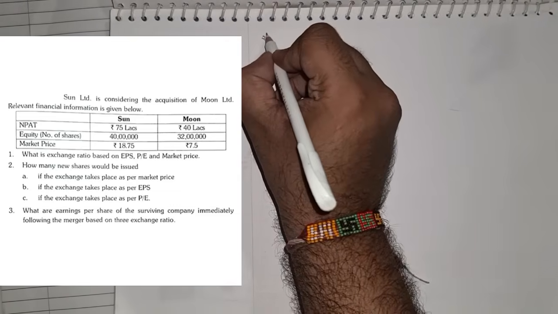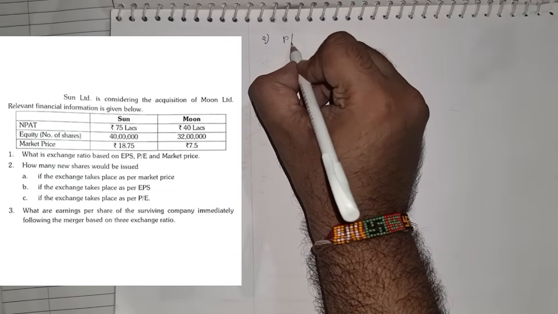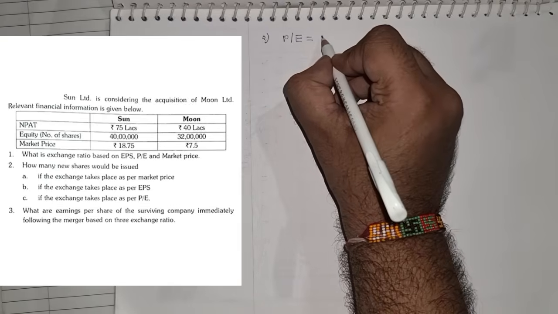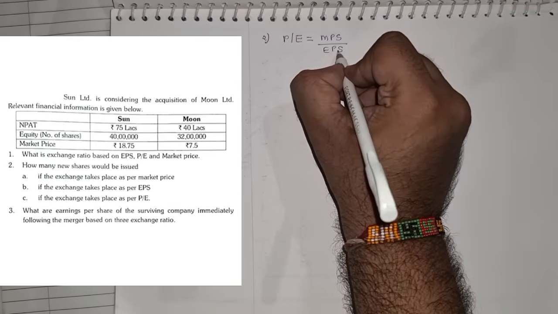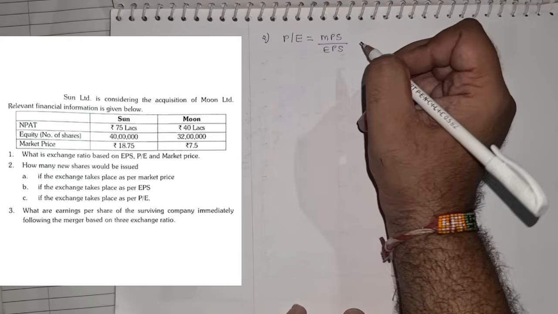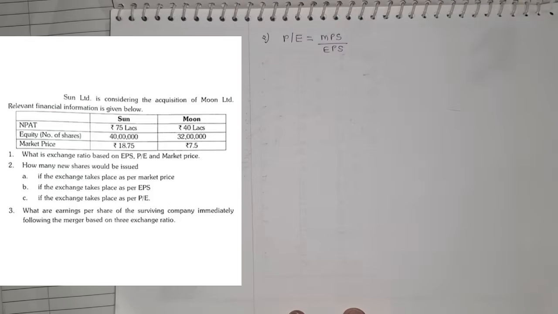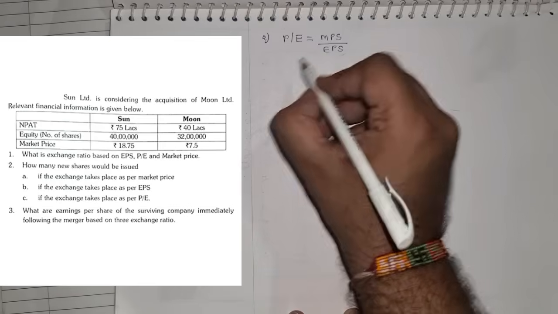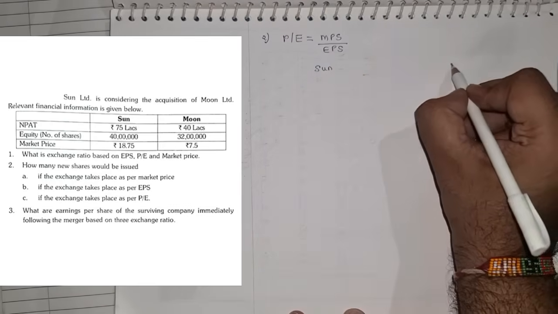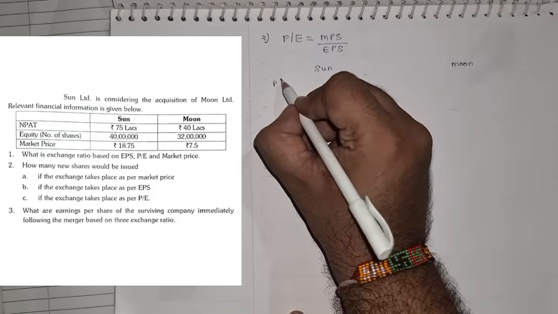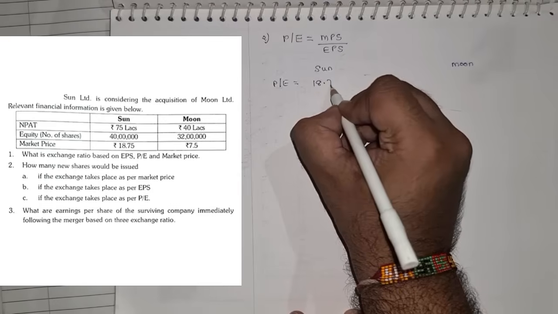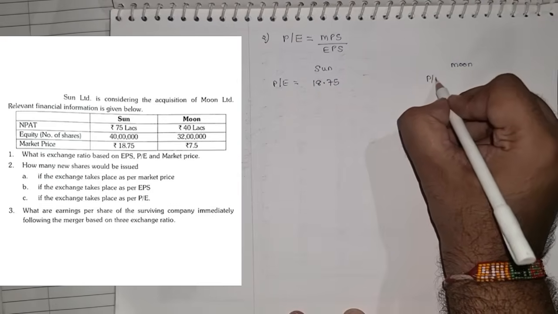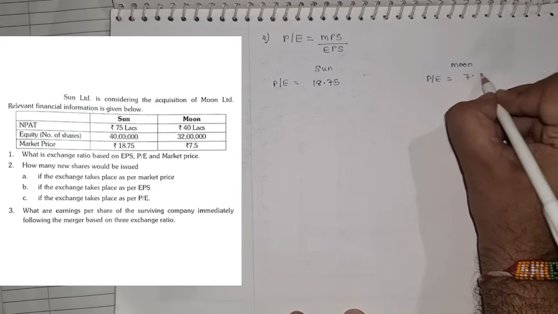Okay, now the second part, we need to first find the PE ratio, that is price earning ratio. Formula is market price of the share upon earning per share. Now remember, earning per share we have already found in the previous part, and the market price of the share is already given in the question. So again for Sun Limited and for Moon Limited, we are finding PE ratio. So market price of the share given is 18.75 for Sun, and for Moon Limited it is 7.5,